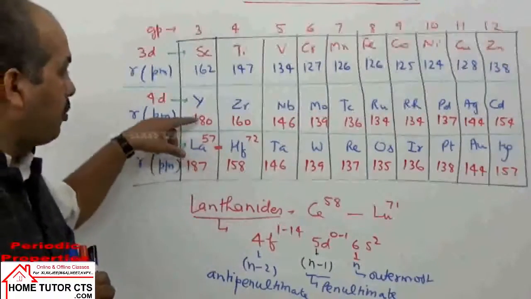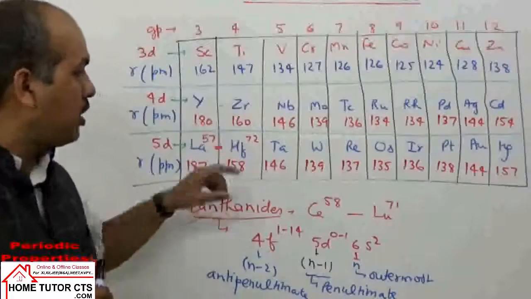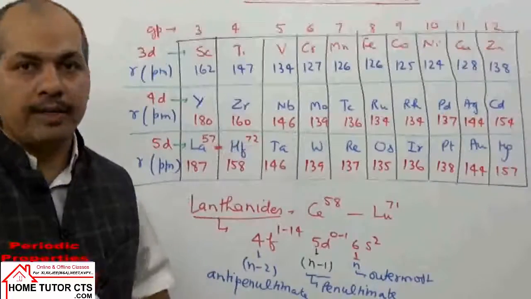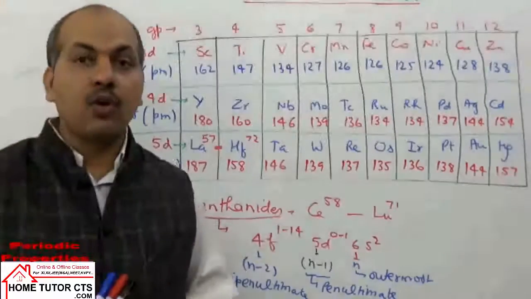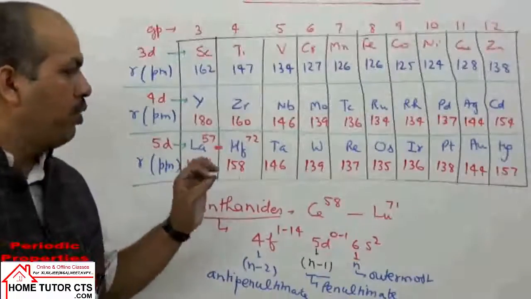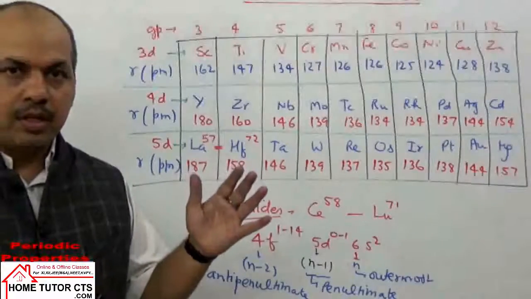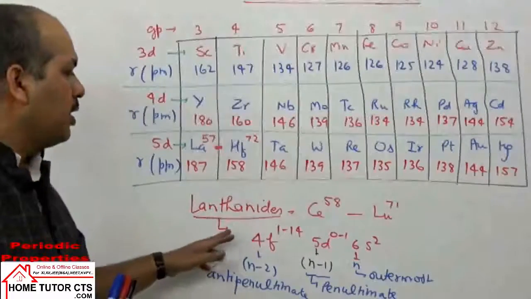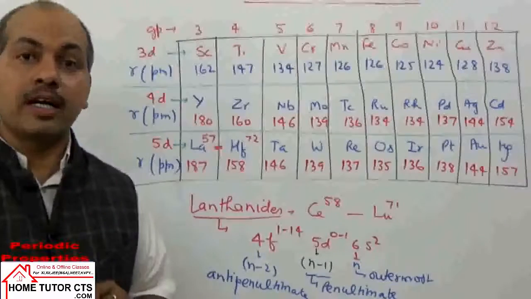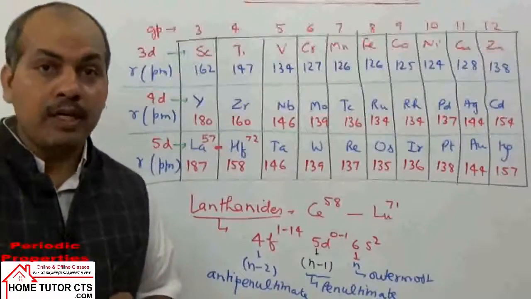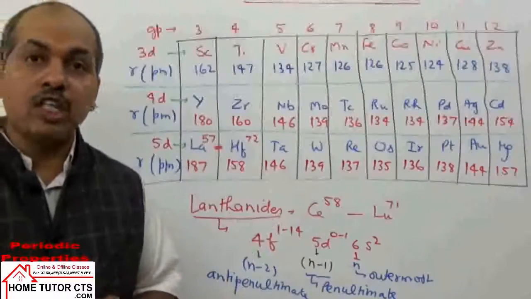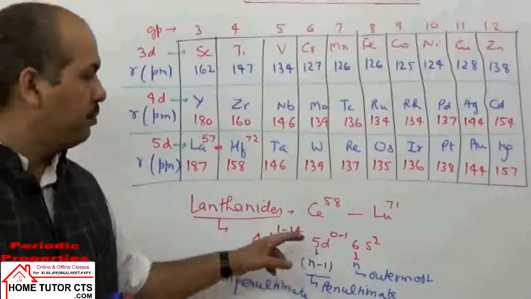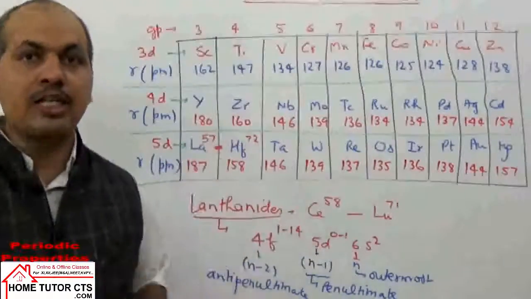कैसे देखिए, moving from here to here size is almost constant. रीजन क्या होता है? शेल बढ़ेंगे, यहाँ पर साइज बढ़ना चाहिए बट साइज बढ़ नहीं रहा है, साइज ऑलमोस्ट सेम हो गया. इसका रीजन क्या होता है? Lanthanide contraction. One term is used: lanthanide contraction. What is the meaning of lanthanide contraction? In lanthanide series elements, the size of atom decreases regularly. The reason is that in lanthanide series elements, the filling of electron occurs in the anti-penultimate shell f orbitals, which have much more poor shielding effect. Due to which, for the outermost electron, attraction keeps on increasing.